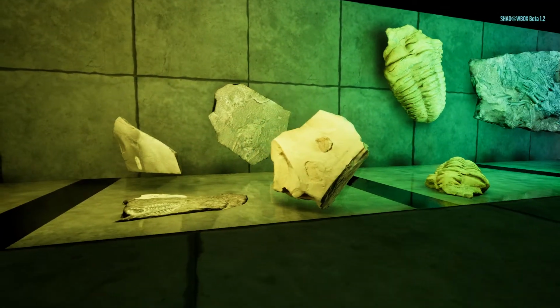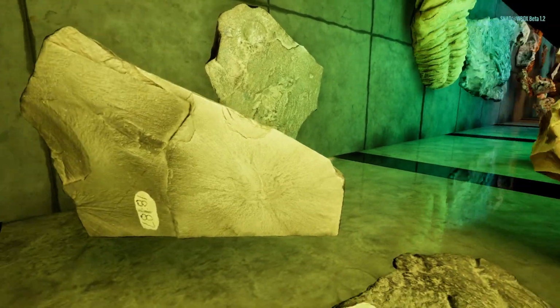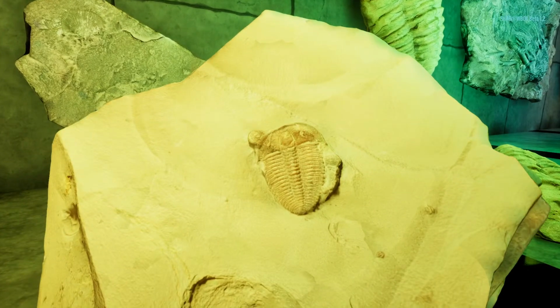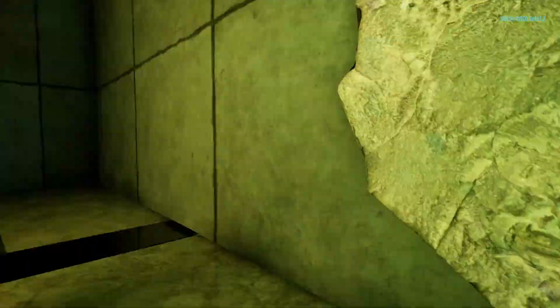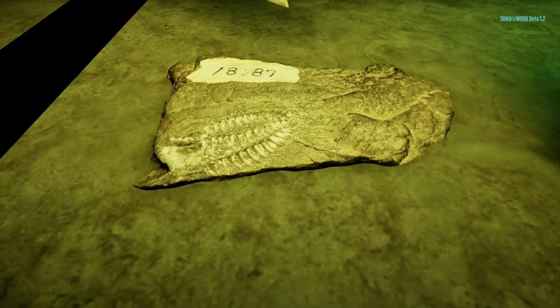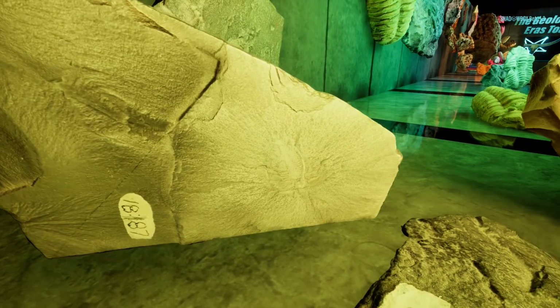And then some interesting stuff here in the Cambrian, of which there is not currently an exhibit. Another trilobite right there. There's actually two trilobites. And it looks like there's a brachiopod right there. And then some interesting stuff right here. That might look like a trilobite, but it's actually not. And if you look really closely on this one, you'll see